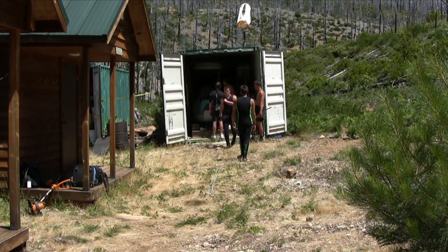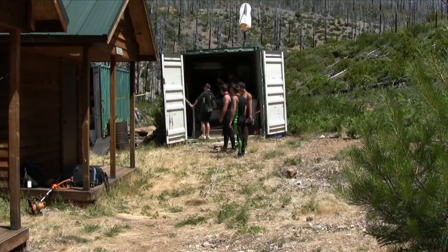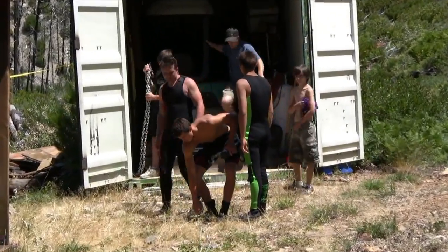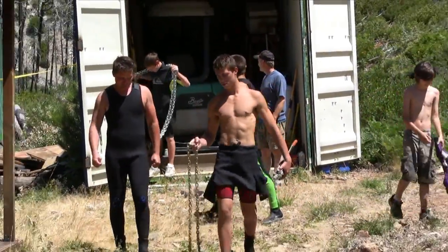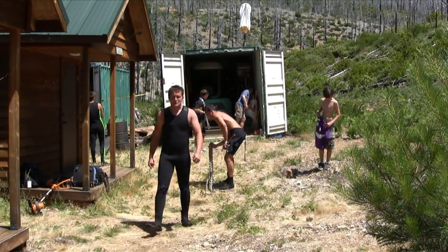Which one do you think should take? The big one or the really big one? Both. The little one would be better. Just take both. Yeah, you take both, because who knows how far we'll have to go. All right, we need a shovel soon. Yeah, here's a shovel. I want to grab